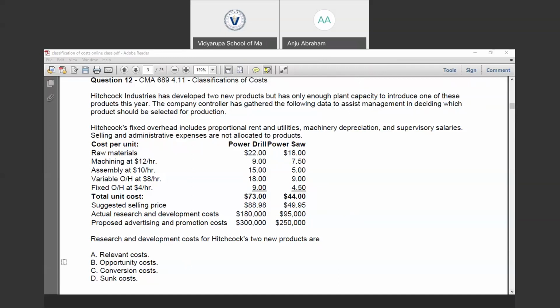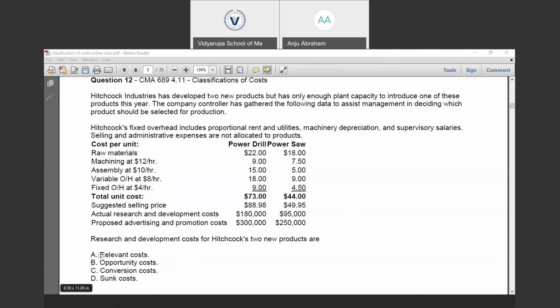Let's analyze each and every example. Relevant cost. Relevant costs are the costs that are relevant to decision making. What is the research and development cost? These are already incurred, past costs. We have already incurred those costs. So for already incurred costs, past costs or historical costs, do they have any relevance in our decision making? Can we change the incurrence of that cost by taking a decision today? Can we alter research and development costs that we incurred earlier by a decision that we take today? No, it's not possible. So it's not a relevant cost, because it is an irrelevant cost.